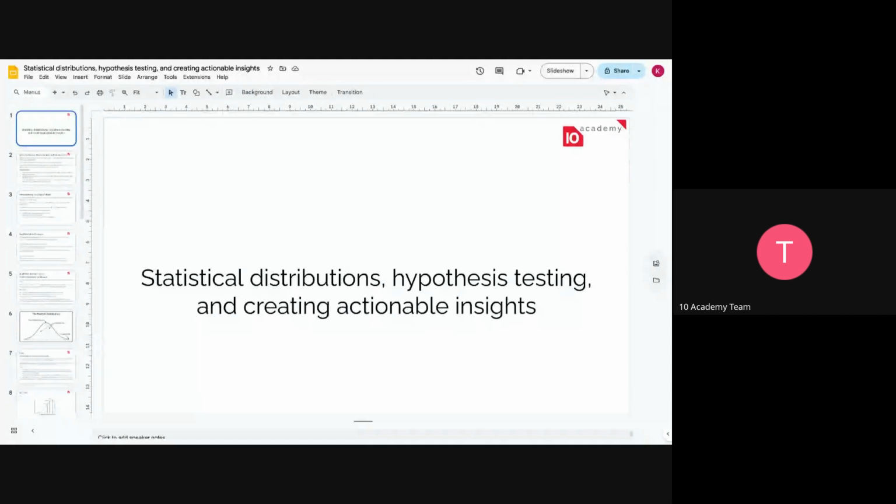Today we're going to be looking at stats and distributions. We're going to take a look at three of them, which we're going to be working with mostly for now. And plus, for the hypothesis testing, we're also going to be taking a look at three of them. And finally, we will see how to create actionable insights, because doing all of these insights,